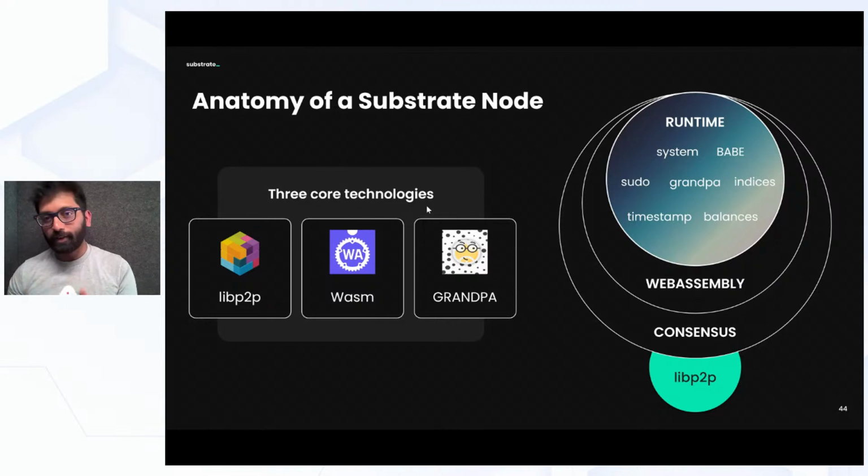If you've been following developments in Substrate, you can see that we have Ink, which is a smart contract authoring tool that is WebAssembly based. And then all the runtime logic is a WASM blob that sits on your blockchain runtime. And yeah, so Grandpa is the consensus